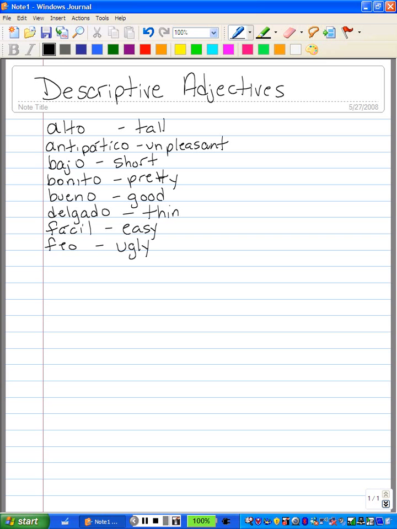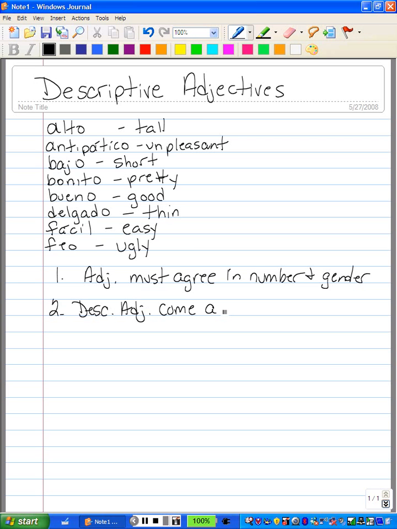Alright, the first thing that you have to know is that adjectives must agree in number and in gender, and that descriptive adjectives come after the noun they modify.